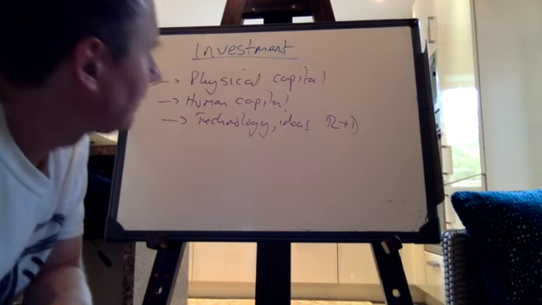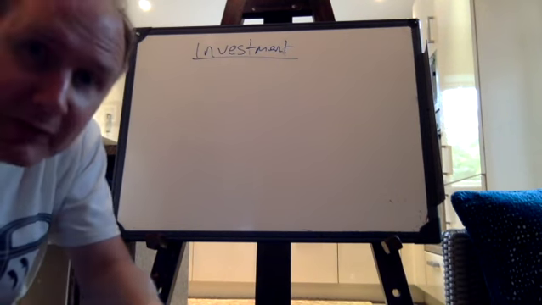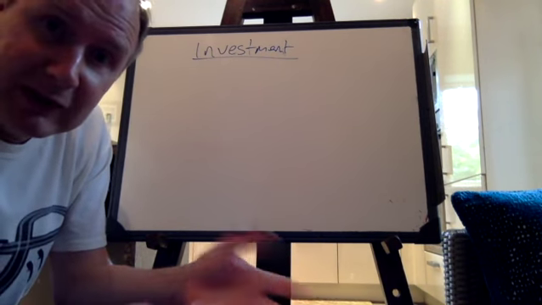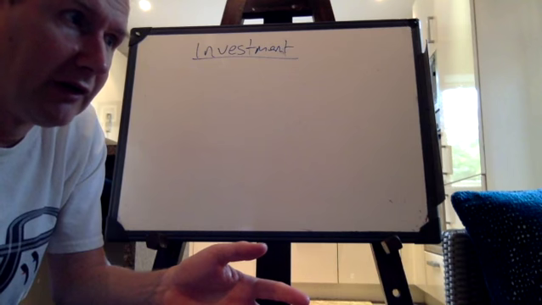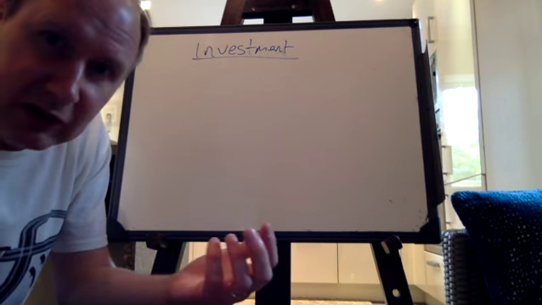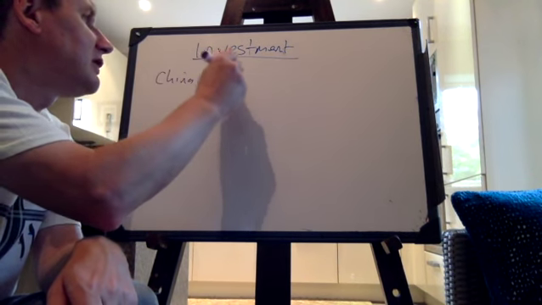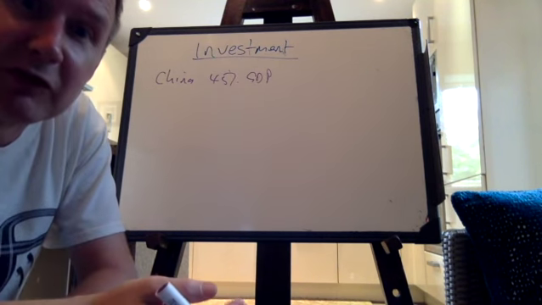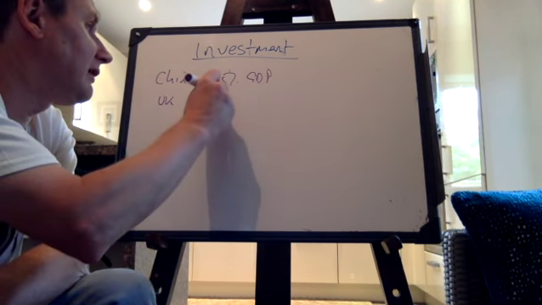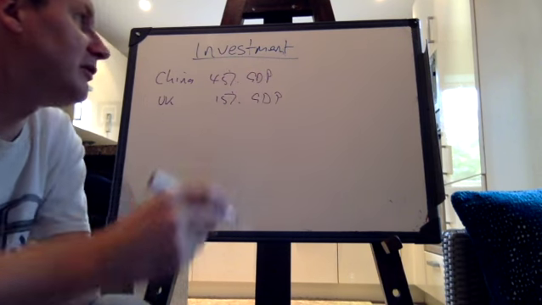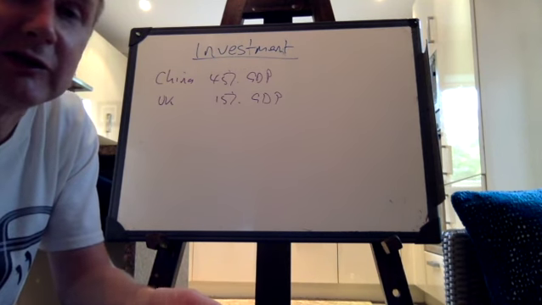So, like with consumption, investment varies a lot by different countries, depending on their industrial base, so what sort of industries, what sort of sectors they have, and depending on what stage they are in economic development. So China, which is growing incredibly rapidly, we've talked about before. In China, 45% of its GDP is investment. Some of it's by the government, some of it by private sector firms, but it's really, really high. Whereas in the UK, only 15% of GDP is investment. So per pound, per unit of GDP, China is investing 3 times as much.